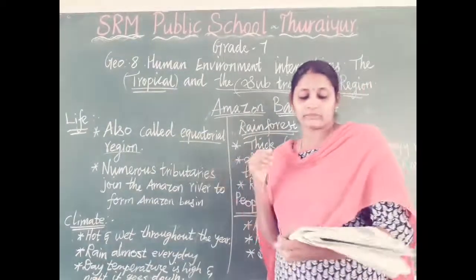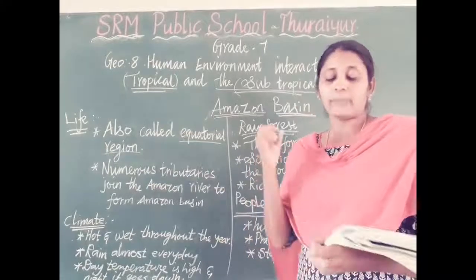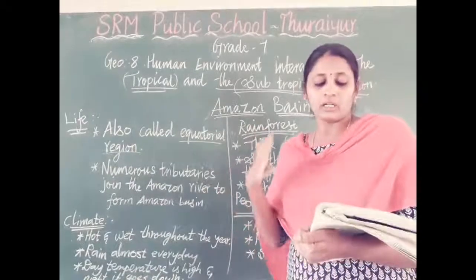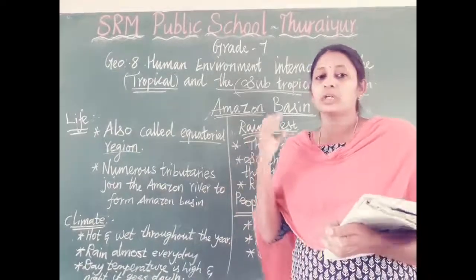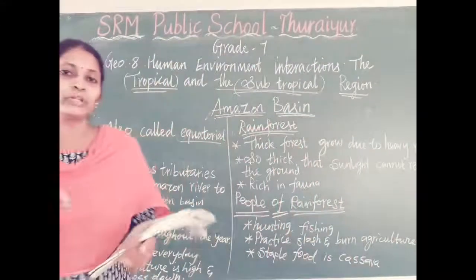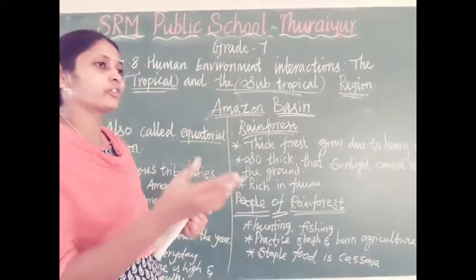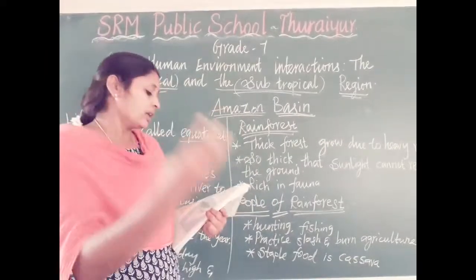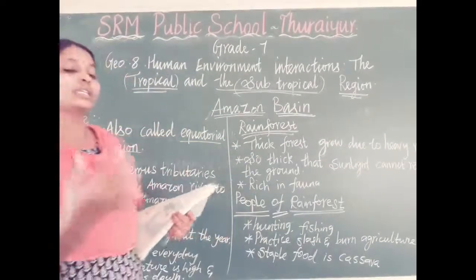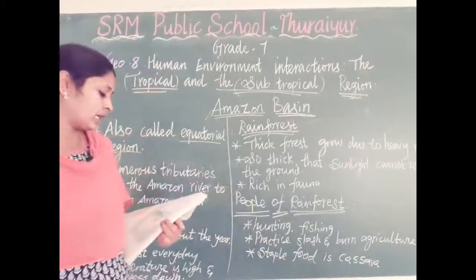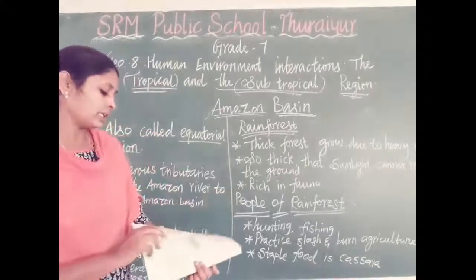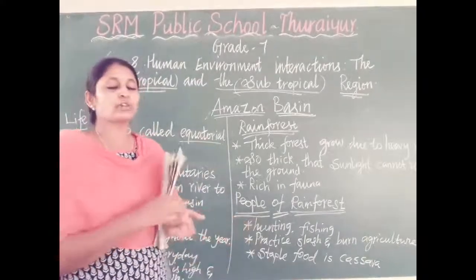What are the countries the river drains? Brazil, Peru, Bolivia, Ecuador, Colombia and Venezuela. So the river flows in 6 countries. Okay, the Amazon river and its tributaries flow through 6 countries. One is Brazil, where the main river is. So parts of Peru, Bolivia, Ecuador, Colombia and Venezuela. Like that, the rivers and the forests also spread across many countries in South America.